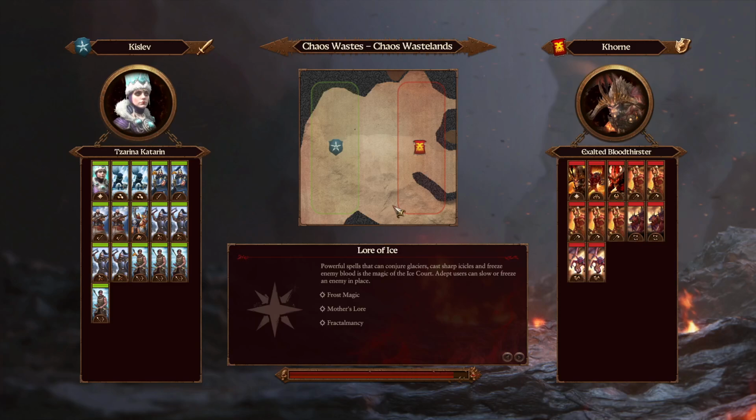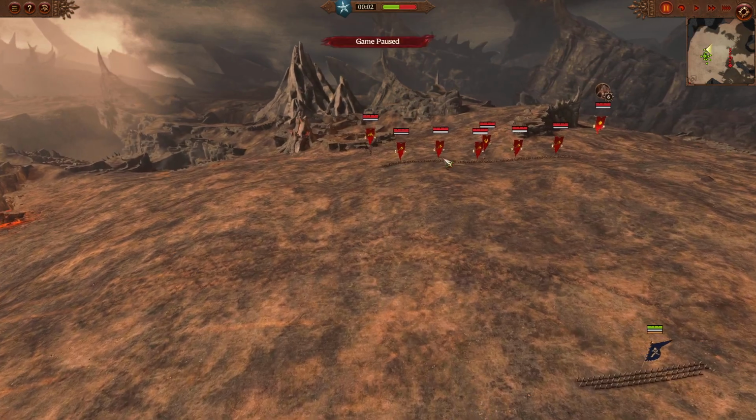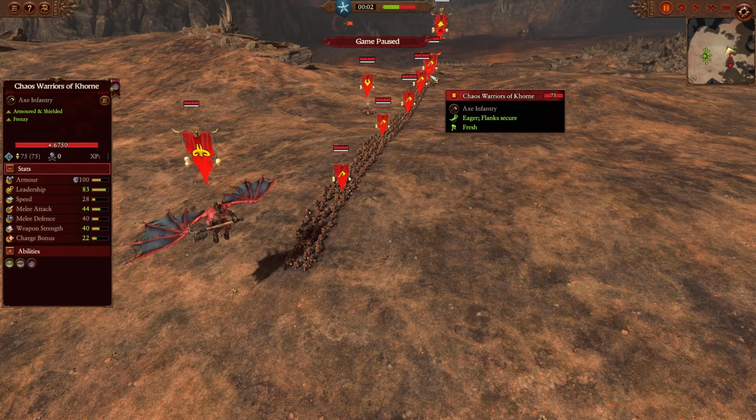Welcome everyone to a great game between a rubber duck of war as Kislev, going up against his opponent with the forces of Khorne. So we are going to be on the Chaos Way, so we're going to be on the home ground here for the Khorne infantry, starting here with 5 units of the regular Khorne warriors. They're going to be here with silver shields, which is going to give them some great defense here up against